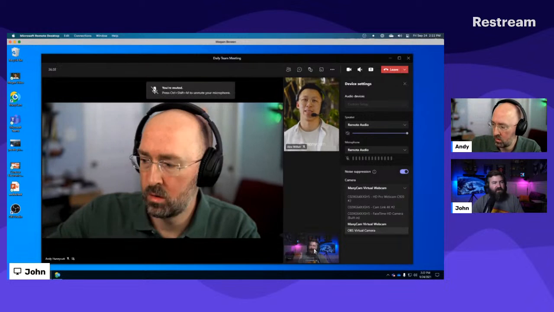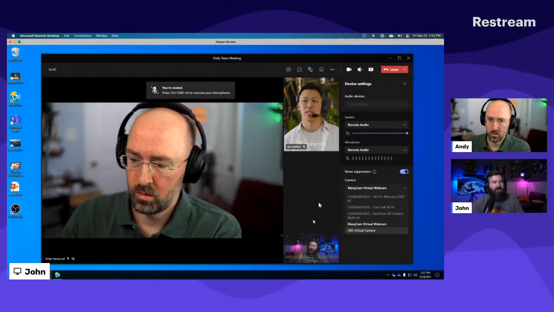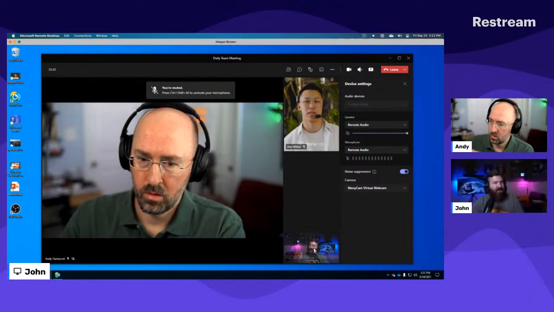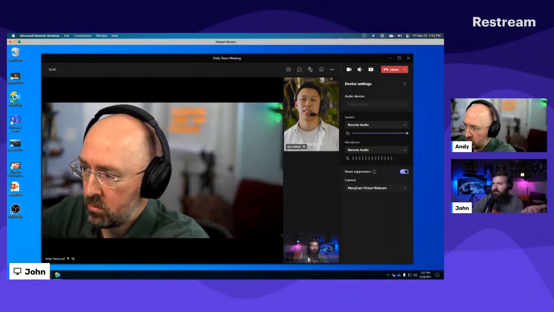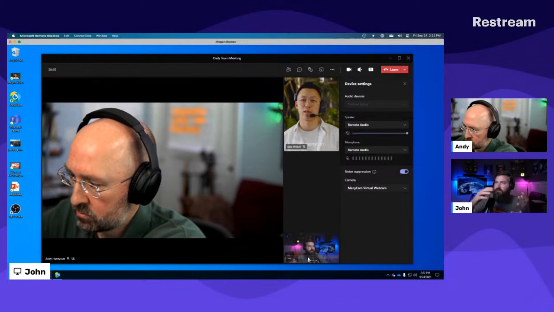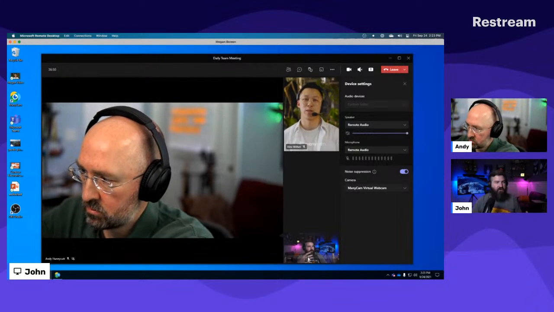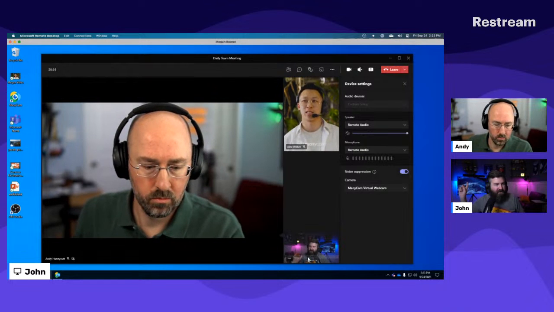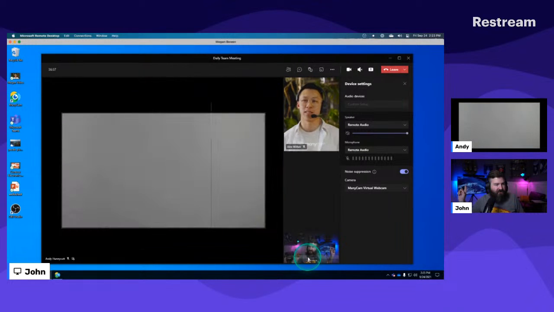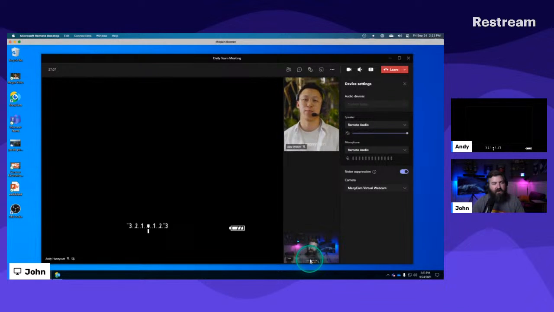I don't really have a way to zoom in on this for you guys, but you do see that it is backwards. That's something with Teams you've got to realize, it's going to be a mirror image. The reason Teams does that is if I were to point behind myself at my monitor, it's on the correct side, as if I was looking at a mirror. So that's why Teams flips that around for you. But yeah, that's how you've got ManyCam.